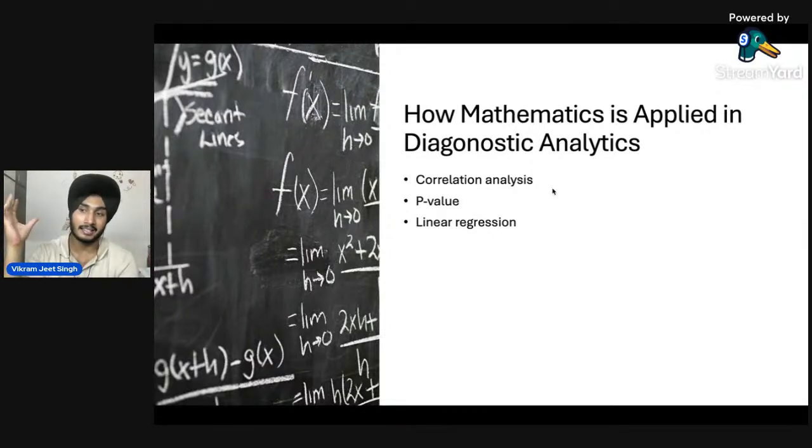There are other techniques as well, such as hypothesis testing, but the most basic one which we use is correlation analysis, to see what the relation is. As I mentioned in my biscuits example, the price of biscuits has gone from a 5 rupee packet to a 6 rupee packet. So why has that happened? We use correlation analysis there. Now I will be explaining a bit of maths for this. Just give me a second.